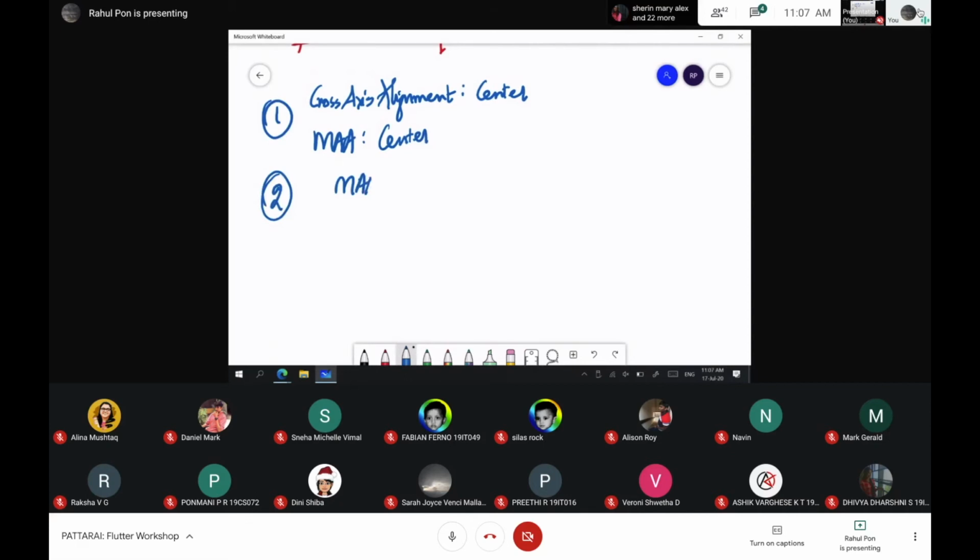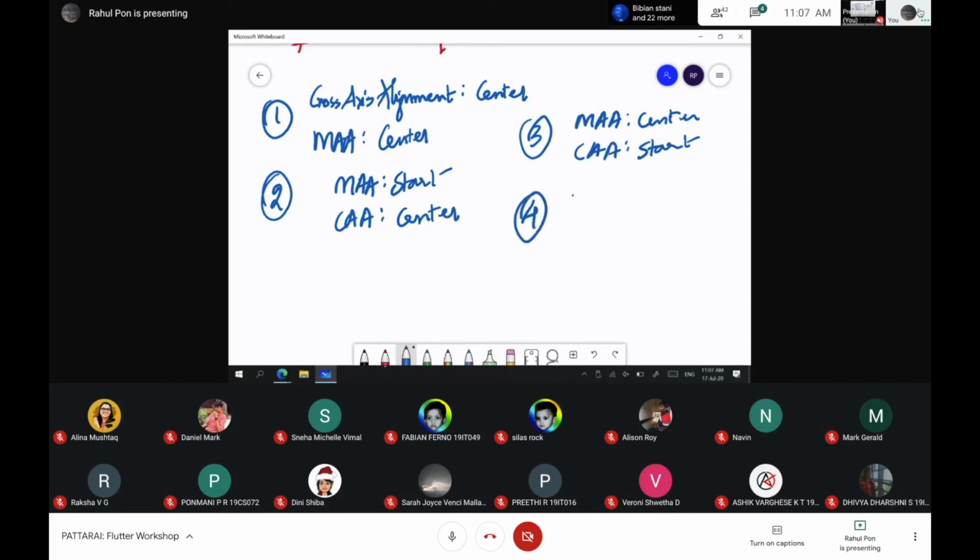main axis alignment, start, cross axis alignment, center. Main axis alignment, center, cross axis alignment, start. Main axis alignment, end, cross axis alignment, start.